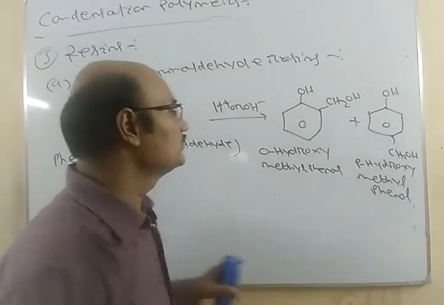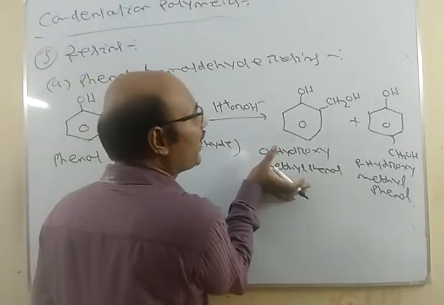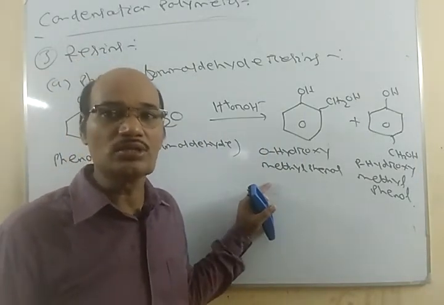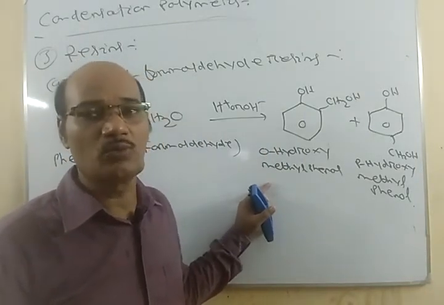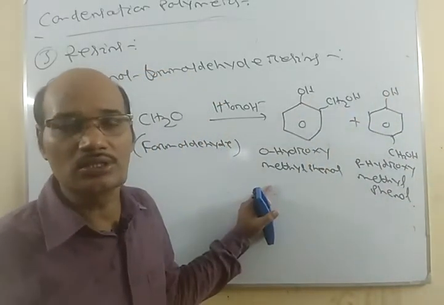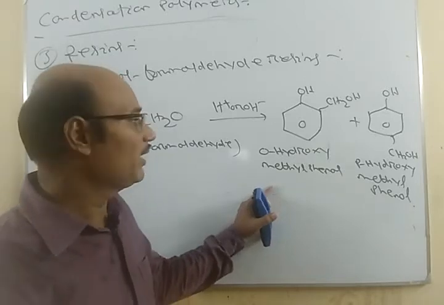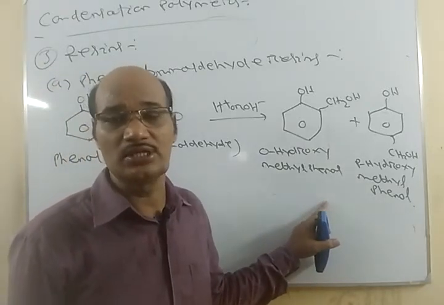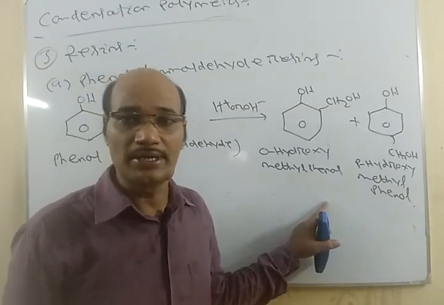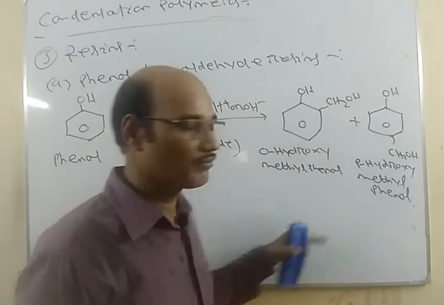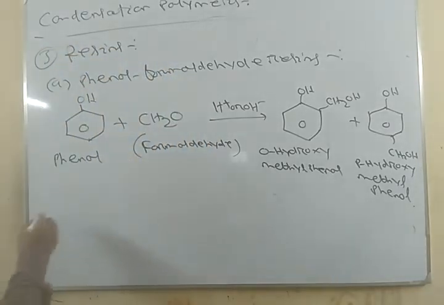Now this orthohydroxy methylphenol molecules will undergo condensation to form what? A straight chain polymer called the novolac, and when both the ortho and para will condense with each other, they will give what, a cross-linked polymer called the bakelite. Okay, so we'll go over what